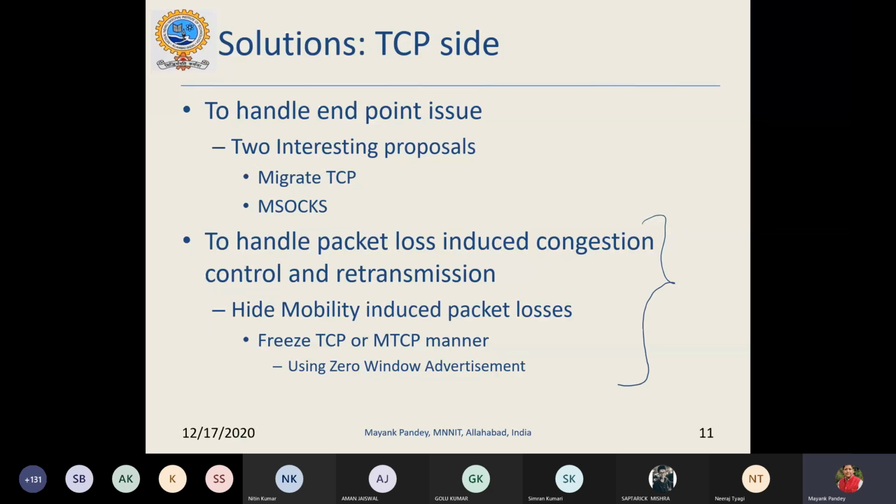These things you have seen to handle packet loss induced congestion control and retransmission, somehow hide the mobility induced packet losses. मयंक Sir, वो सब्जेक्ट में हाथ खड़ा कर रहा है हाँ? अच्छा वो हाथ दिखता नहीं मेरे को, मैं फुल स्क्रीन पे हूँ ना। हाँ ये सब्जेक्ट में खड़ा कर रहा है हाथ हाँ पूछ लो, सब तक पूछो।